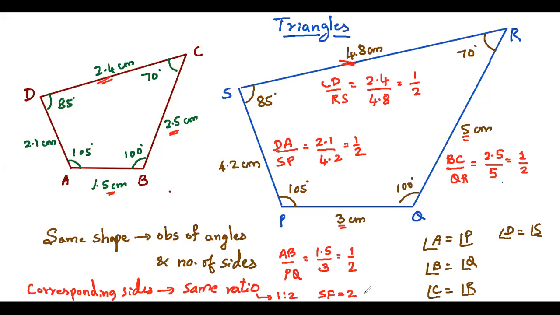That means the second figure is double the size of the first figure. That is our conclusion. Is this clear to all of you? Any doubts? Do I have to repeat any topic? This concept of same angle and same ratio, is this clear to all of you? All the corresponding angles are equal, all the corresponding sides are in the same ratio or proportion. So did you understand the concept of same angle, same ratio? I hope everybody is clear with this.